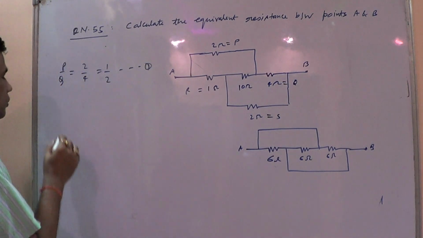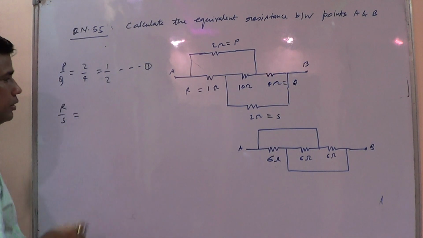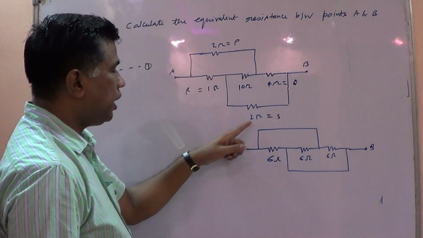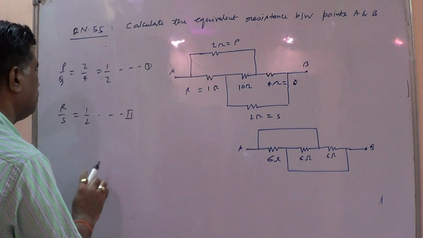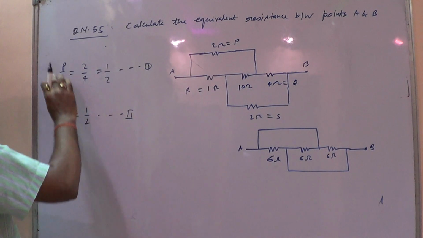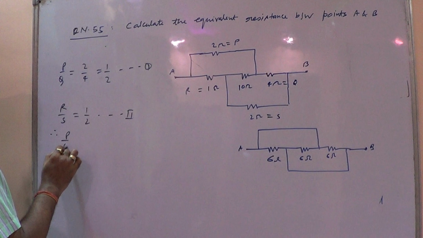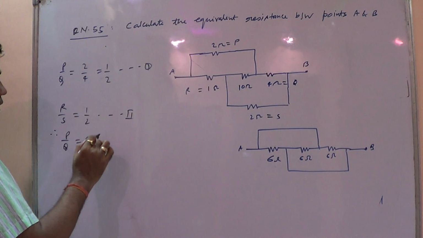Now R by S is 1 ohm and 2 ohm, so 1 by 2, equation number 2. Right side is same, therefore left side is same, therefore P by Q equal to R by S, therefore